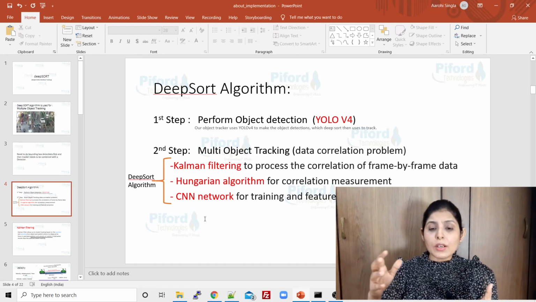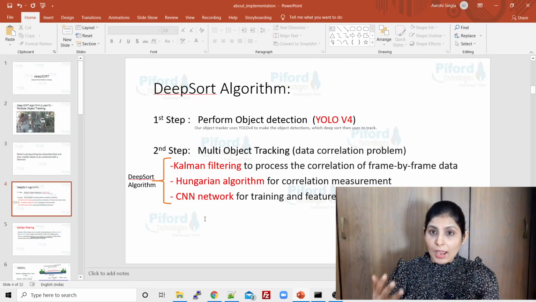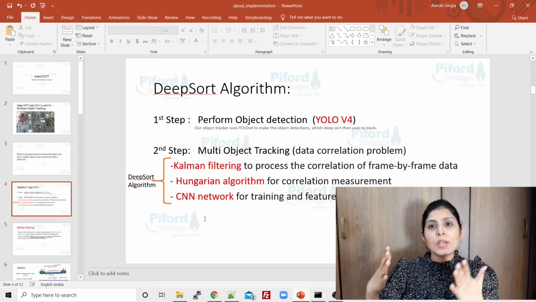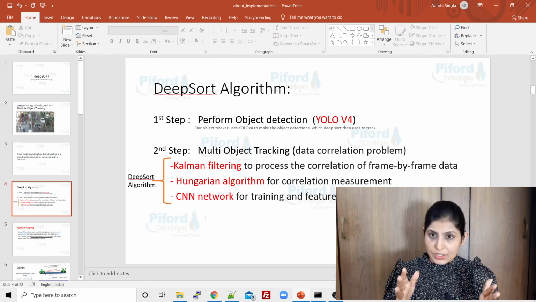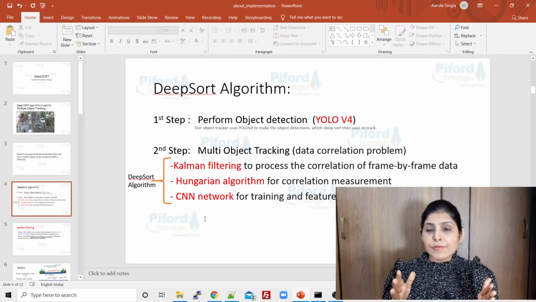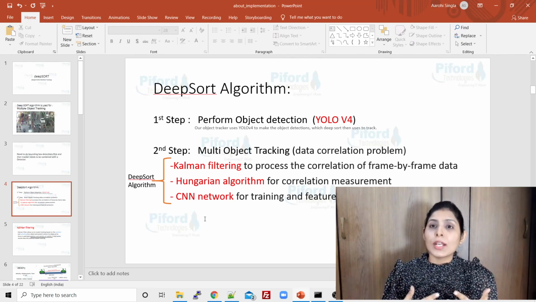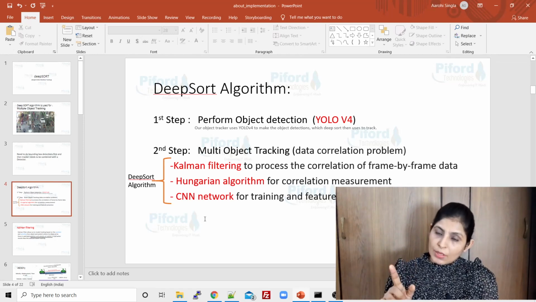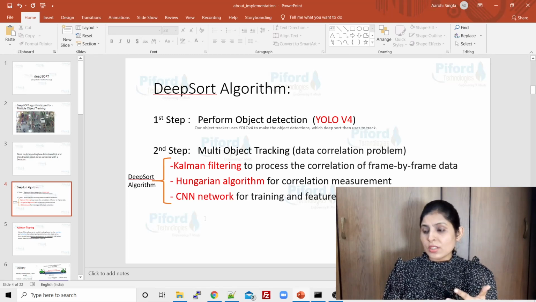So we are talking about data correlation, and we need to find that correlation. Kalman filtering will help us in processing the correlation of frame by frame data. Processing the correlation simply means we are finding the position and the velocity of the object.